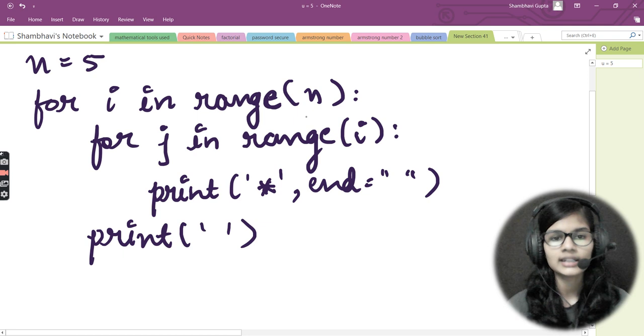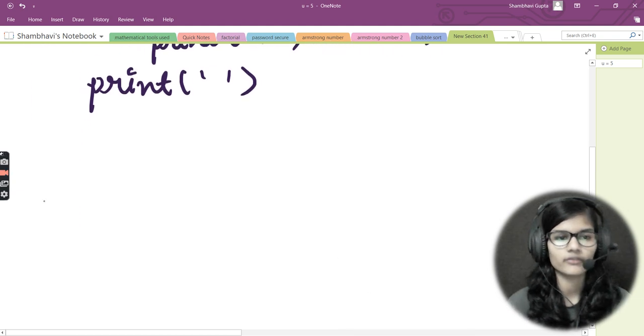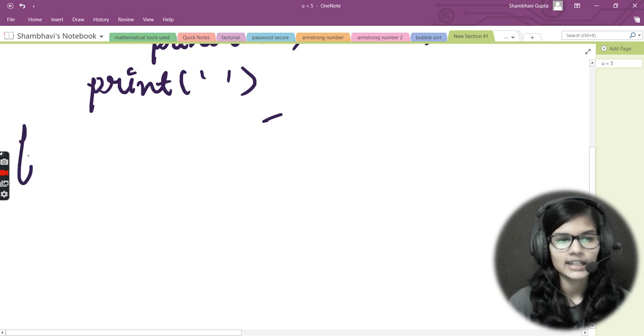Now this is my uppermost triangle that would actually be made out here. Fine. Now, first of all, let me write out the whole code for the down one as well. Then we'll be moving towards the dry run. Fine. After this, for my down one, what I would be doing actually here is that I would be applying